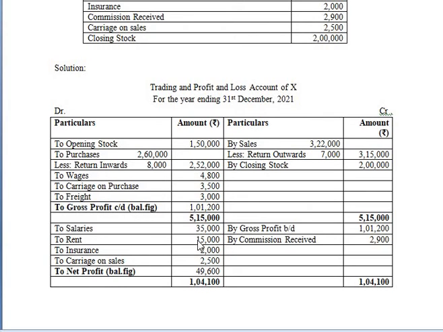So now the second part is the profit and loss account. So the profit and loss account starts either with a gross profit or gross loss, depending upon the trading account. So in this case, the trading account shows a gross profit. So this gross profit will be brought down to the credit side for rupees 1 lakh 1,200. Then we have an indirect income, that is commission received, which will be shown on the credit side for rupees 2,900. And we have salaries for rupees 35,000, rent for rupees 15,000, insurance for rupees 2,000, then carriage on sales